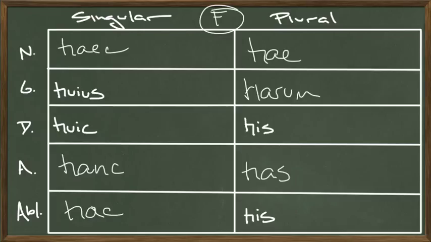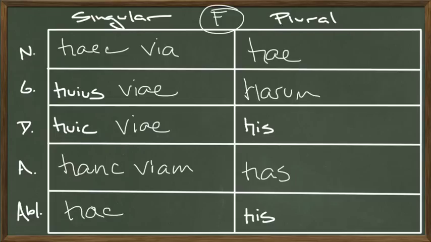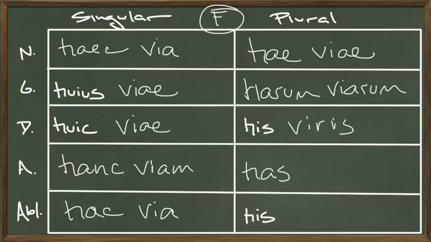Let's use road, just because it's quick and I can write it quickly. So this road, haec via, that's feminine. Of this road, huius viae. To this road, huic viae. This road, hanc viam. By this road, in this road, hac via. Hae viae, these roads. Of these roads, harum viarum. To these roads, his